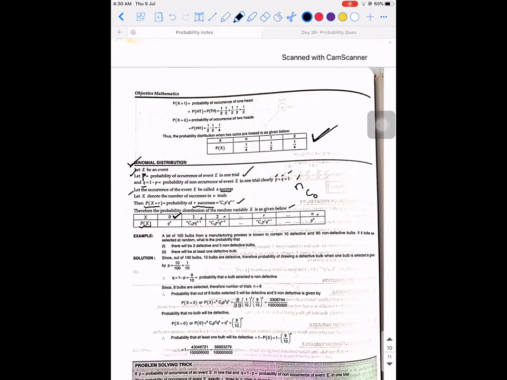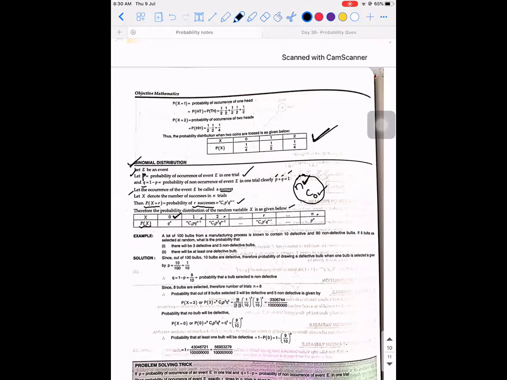When you read this, don't look at it like a formula. How to understand this? What does n stand for here? If you read all the data that is given, all the variables, n stands for the total number of trials. So the meaning is: out of the n trials that I tried, how many successes did I have? The random variable is telling you that. You had 0 successes.